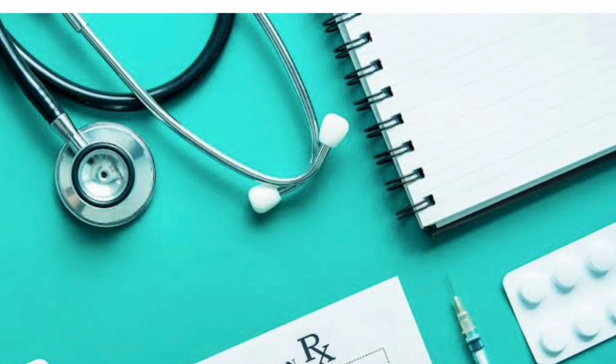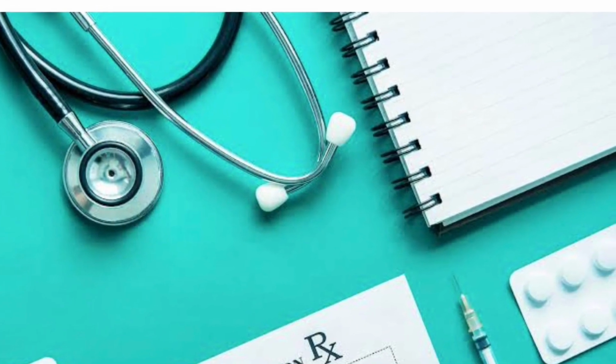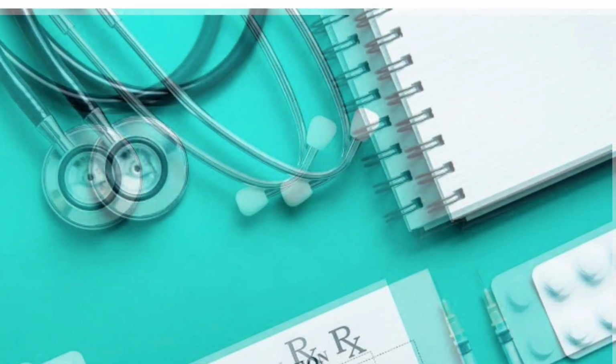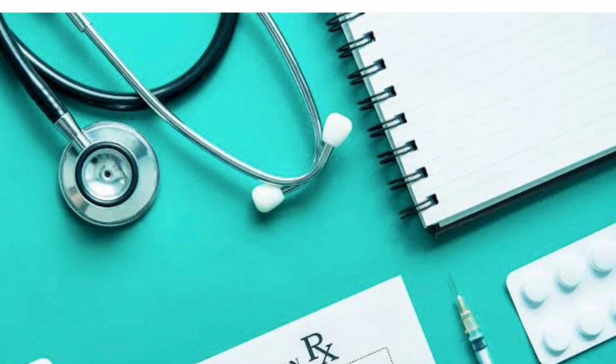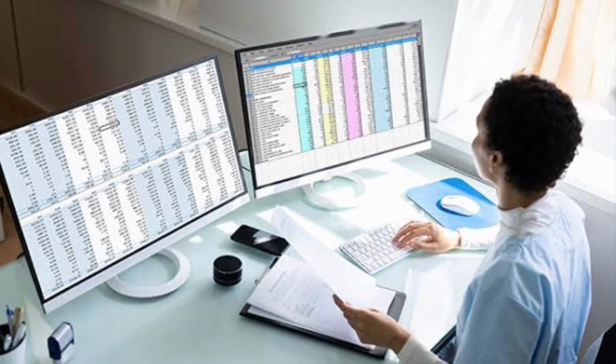Evaluation and management is a crucial aspect of healthcare that determines the level of service provided to a patient and is used to justify the billing and coding for medical services. Who is responsible for medical decision making? Doctors. They are the main decision makers in medicine.